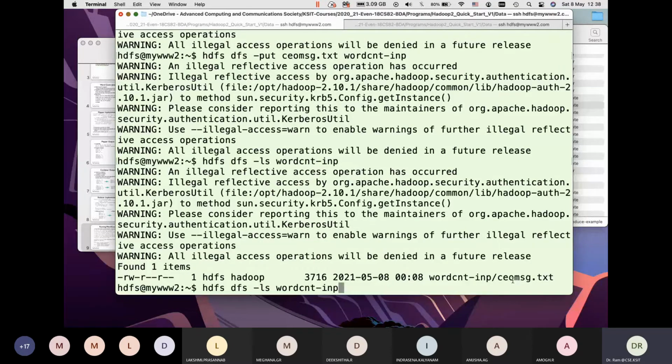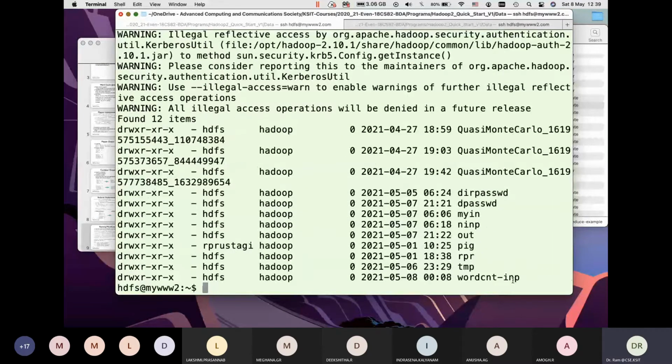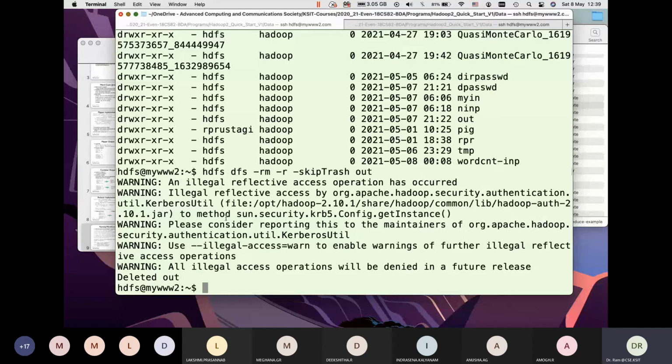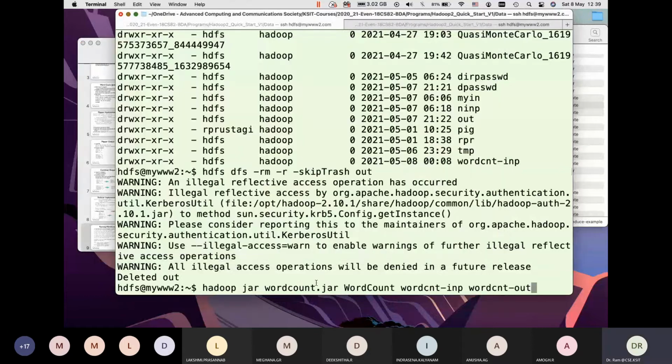If anything, I'll just clean those. And now I can run my MapReduce program. It will look at the file in this directory and put all the output into wordcount.out.